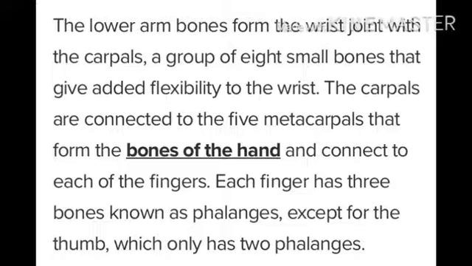The hand bones. The hand consists of the upper arm, forearm, wrist, palm and fingers. The upper arm has 1 long bone. This bone is attached to the shoulder bone. The forearm consists of 2 long bones. The wrist consists of several small bones. The palm is made up of 5 bones. Each finger consists of 3 small bones.